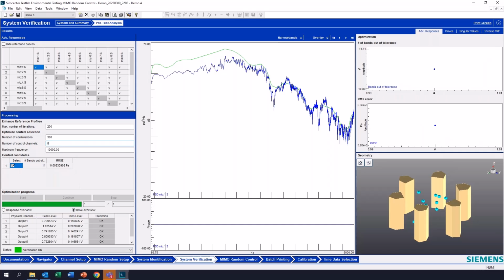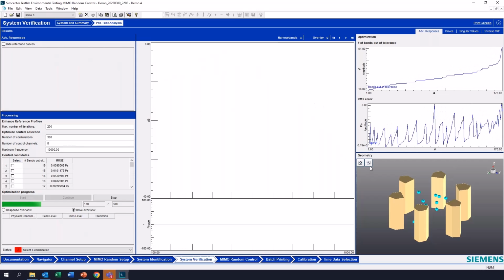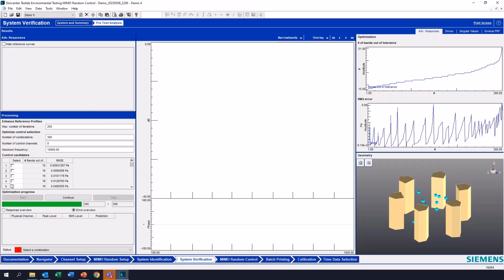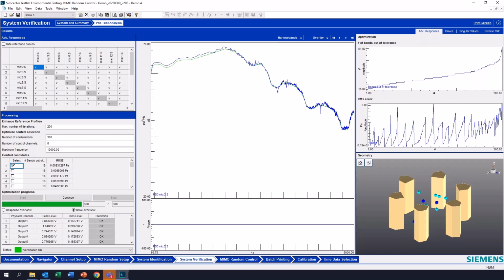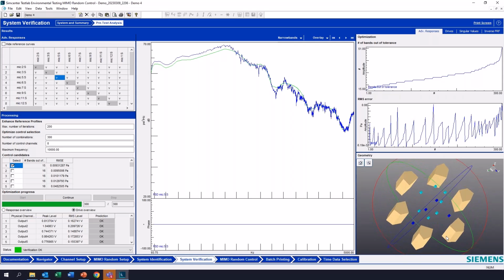Or maybe I want to try 8. So you can take a look at all these different possible setups and try and find the best solution for your test. The other thing to look at here is we have the geometry with all the microphones.